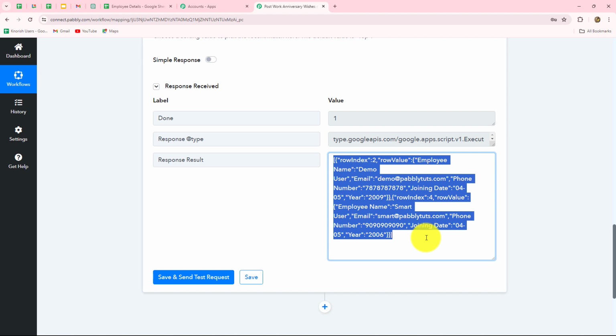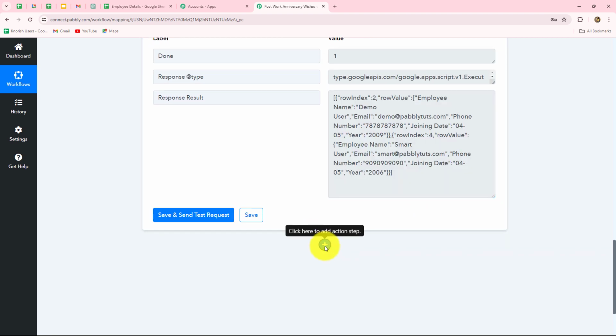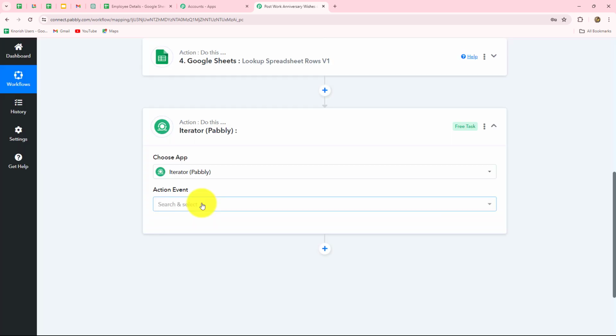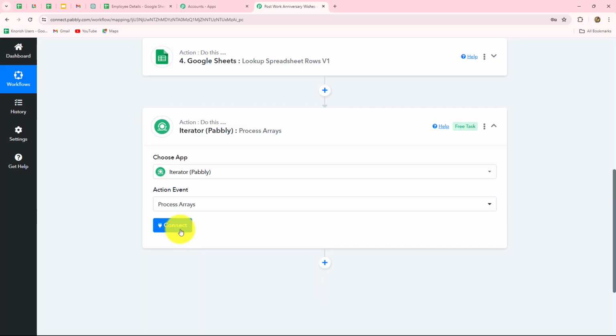here we are now going to use an iterator so that we can receive a single response at a time and we can send the message accordingly. Okay, so we will click on this add action step button once again, and now we are going to use iterator to process the arrays. So here is iterator. Now we have to select the action event that will be process arrays,